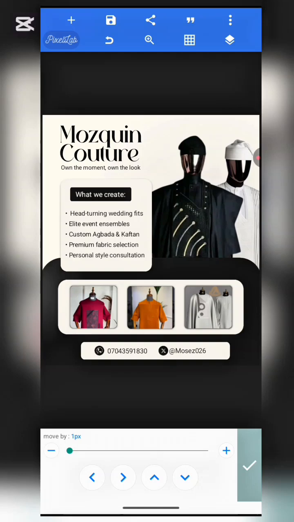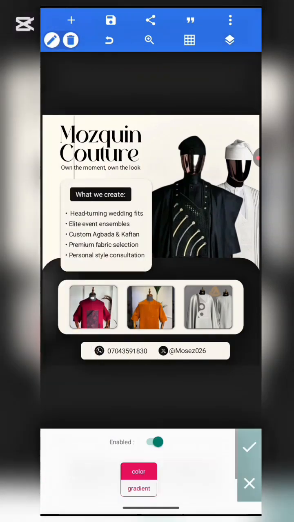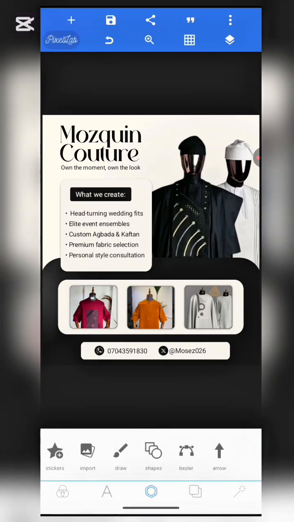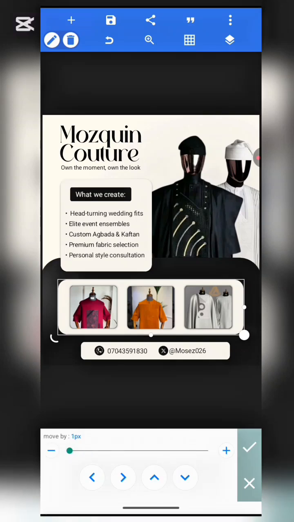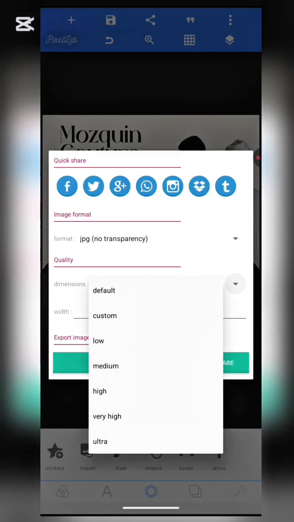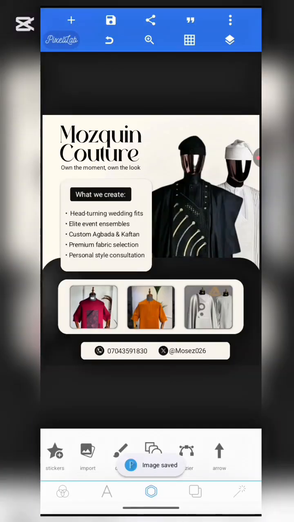Okay, so just move it till you see that it is between the two lines. Yeah, I think this is good. So we successfully created a social media sales flyer for a fashion brand named Most Queen Control. Yes, then from here you can head over and save your work. Okay, still need to just balance, and after that you can head over and save your work. Always save as PNG and Ultra so that the quality comes